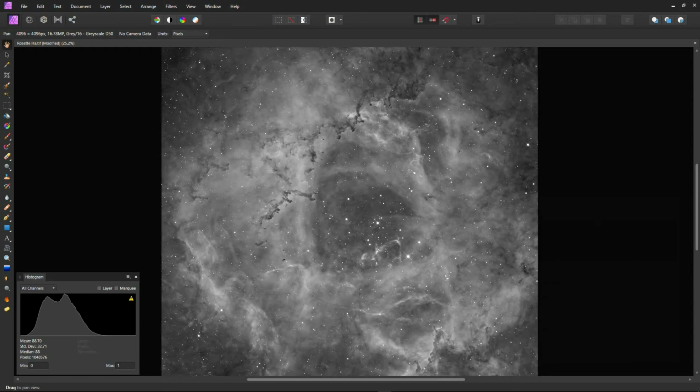Here's the before and the after that adjustment. So it's just darkened the sky background. It's tightened up the histogram nicely. We've still got this little bit of headroom here, but we can keep that there. That's absolutely fine. Now we can have a look at a couple of other tools which I covered briefly in